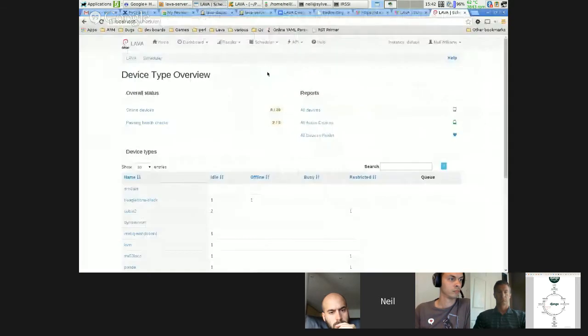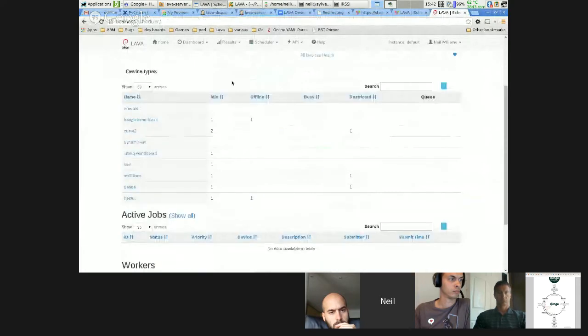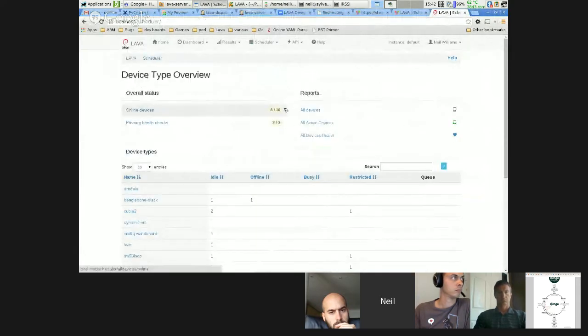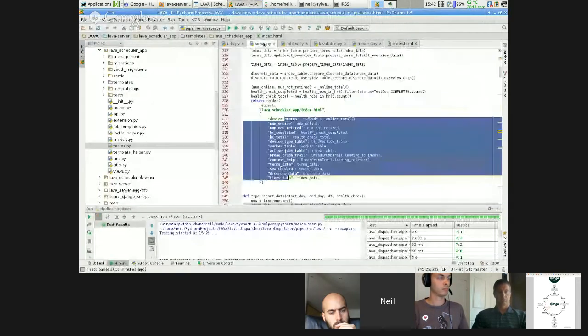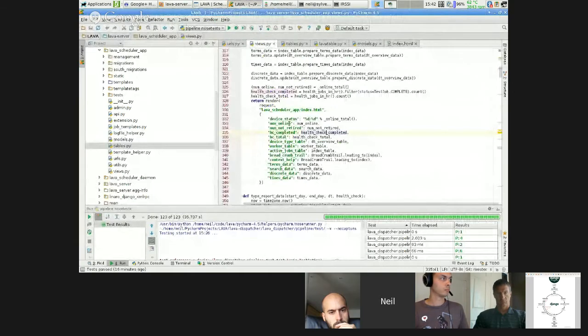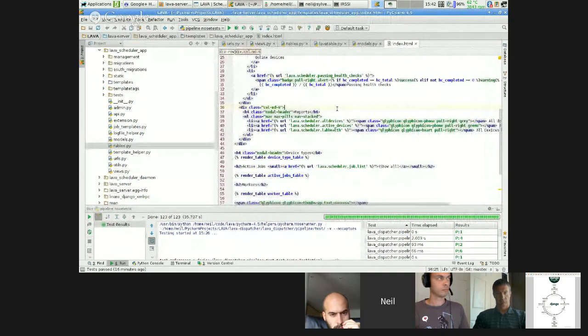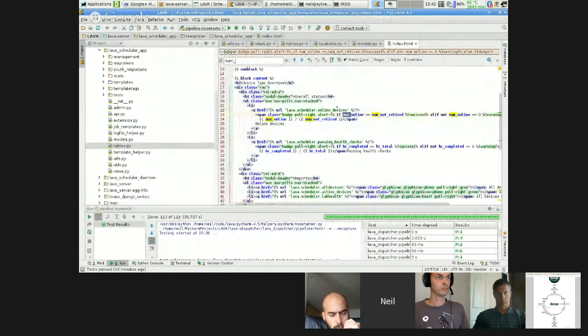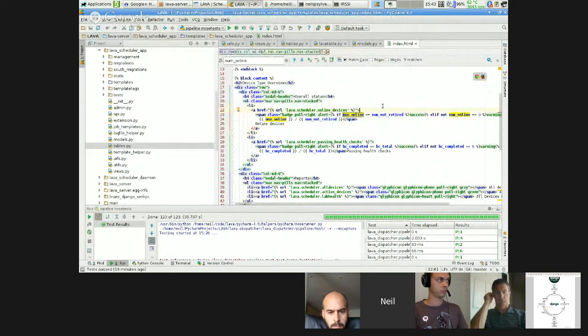So if you're looking at this page here, these numbers come in. So online devices 8 out of 10. That comes in from the view there, num online, and then if you look for num online, that's where you find where it's actually rendered to the front end. That, as far as it goes, is the basis of how the Django side of Lava Server actually works, but